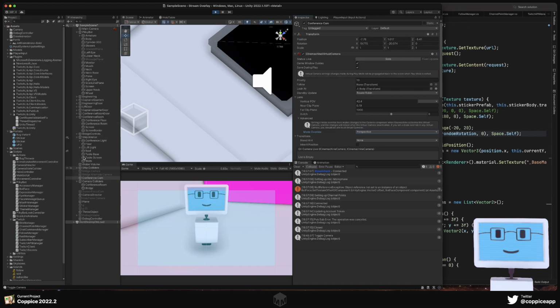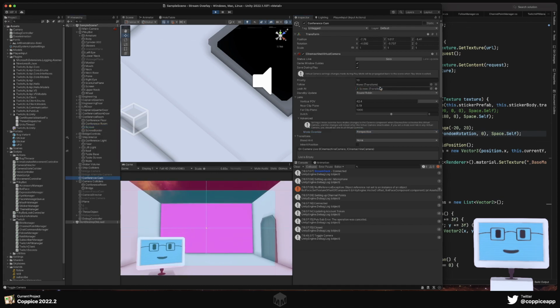Go back to green. Can hold that and it will go and